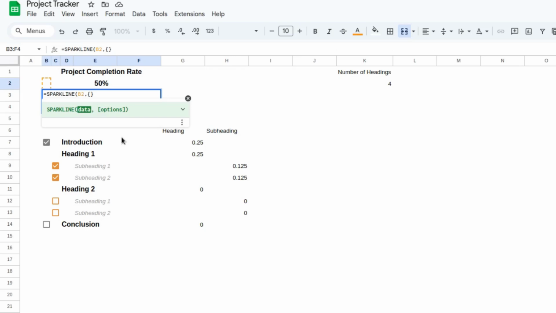So let me first put those curly brackets, close the parentheses. Now inside the curly brackets, in between quotes, we say chart type, quote, comma, quote, bar, comma. So we say that the chart should be bar type, and semicolon,